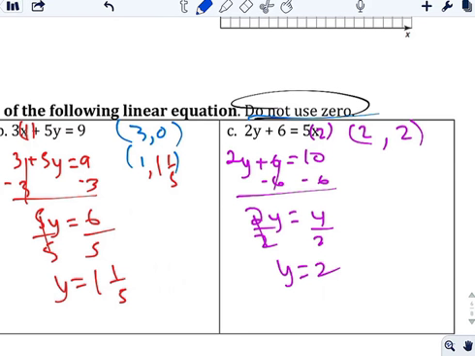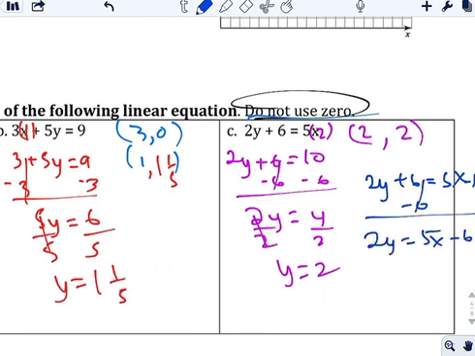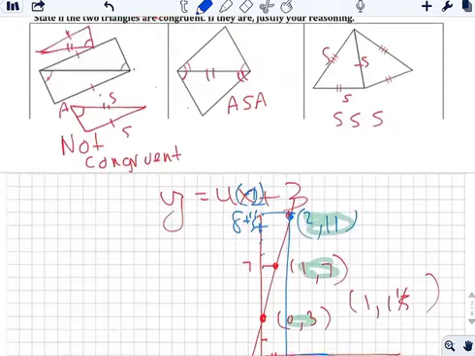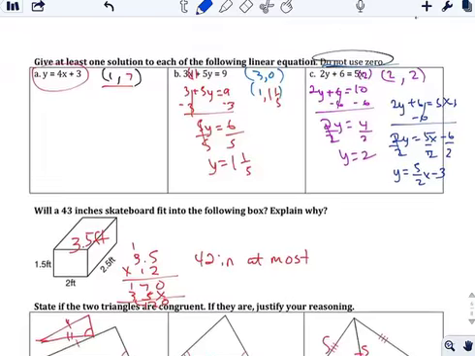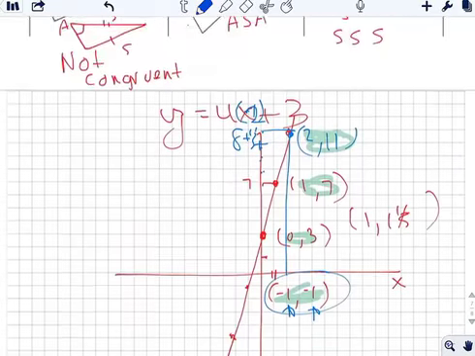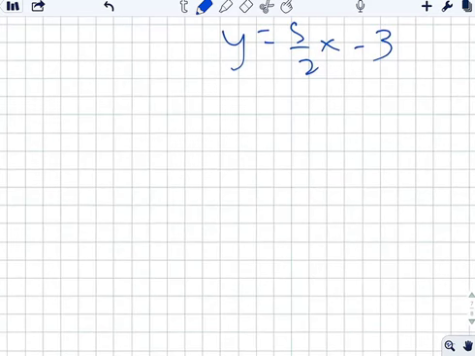Make this in slope-intercept form. 2y plus 6 equals 5x minus 6 minus 6. That gives you 2y equals 5x minus 6. Divide by 2. y equals 5 over 2 x minus 3. So let's graph that. Okay, if we graph y equals 5 over 2 x minus 3, right, make sure. Okay, yeah. If we graph that,